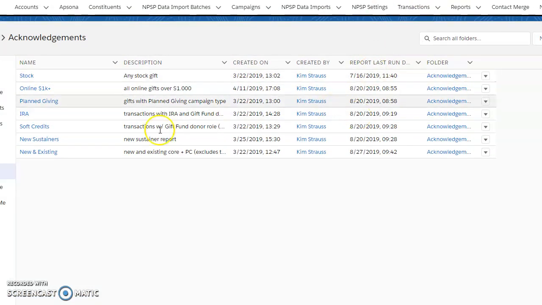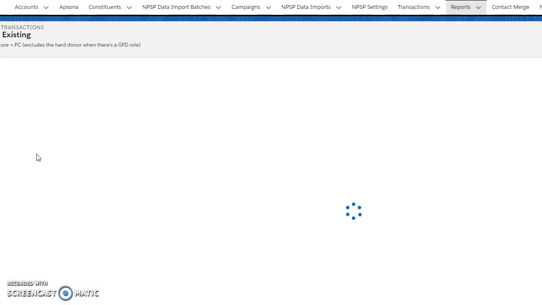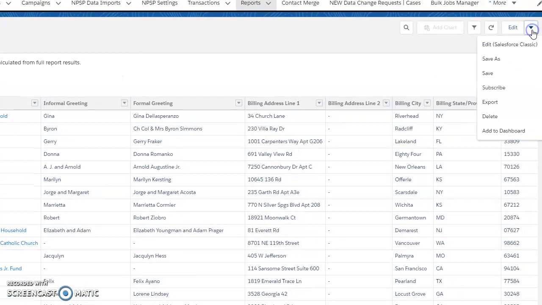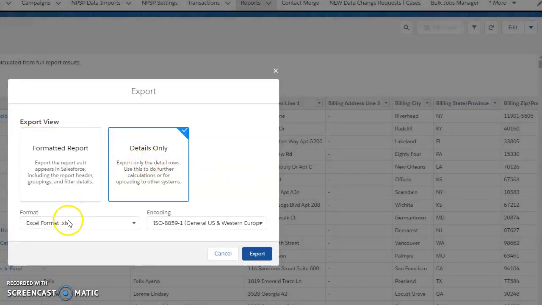So let's do the new and existing report. All you have to do is click on it to run it. You don't need to edit the report to change the dates or anything, just click on it and it'll run. So the report ran, and we're going to do the drop down by edit, export, and do details only, and see it comma delimited. You're going to export it,